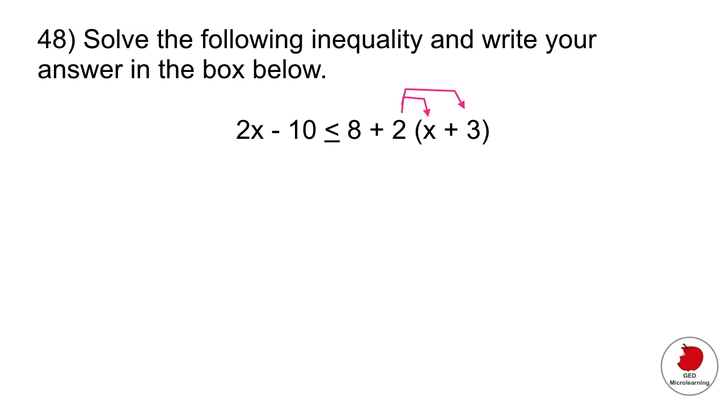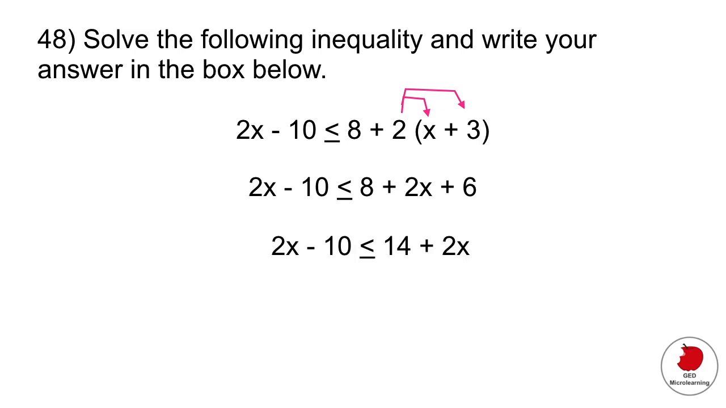Okay, so you would multiply 2 times x and 2 times 3. And that gives you this. Now, on the right side, we're going to clean it up. So we're going to add the 8 and the 6. We get this. And now, what I'm going to do is move the 2x on the right